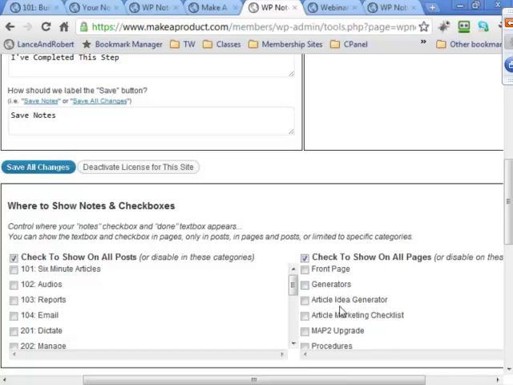And one thing I really want to drive home about everything that you've seen so far inside of this is that this, first of all, will work with any membership plugin that you may have with WordPress. And even better, you don't need a membership plugin to use all of these features that we're showing you here.